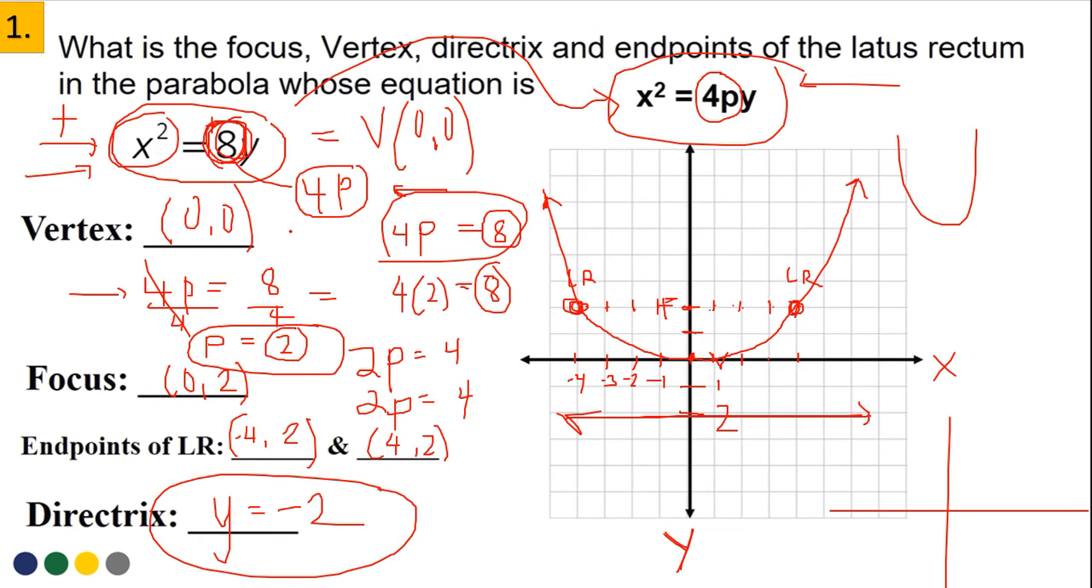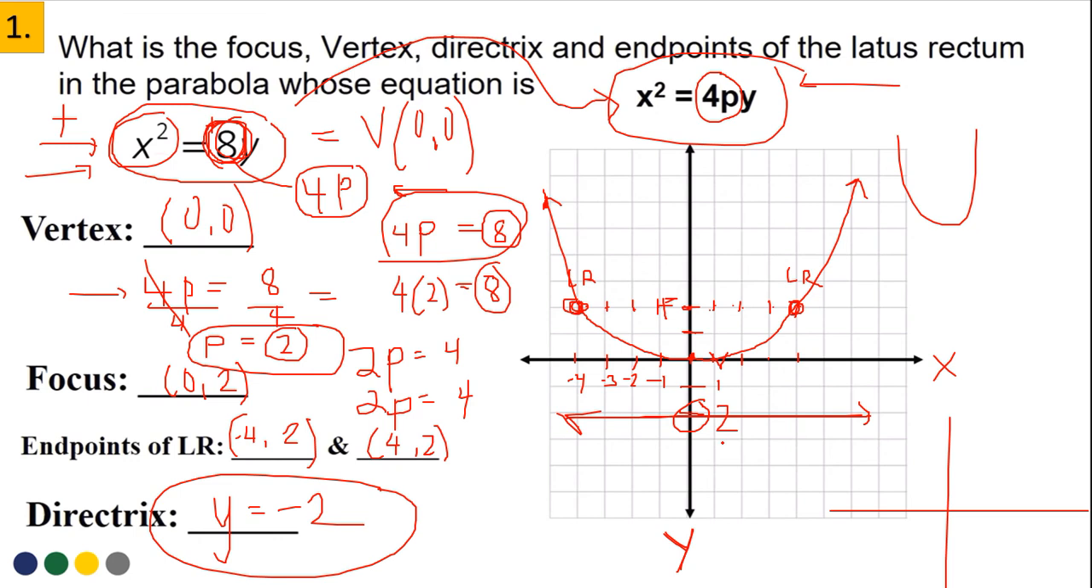Kung papansinin nyo yung directrix, kung ano yung natamaan niya na number dyan, which is negative 2. Yung endpoints naman, para kayong kumukuha ng coordinates lang sa rectangular coordinate system. Yung focus naman,